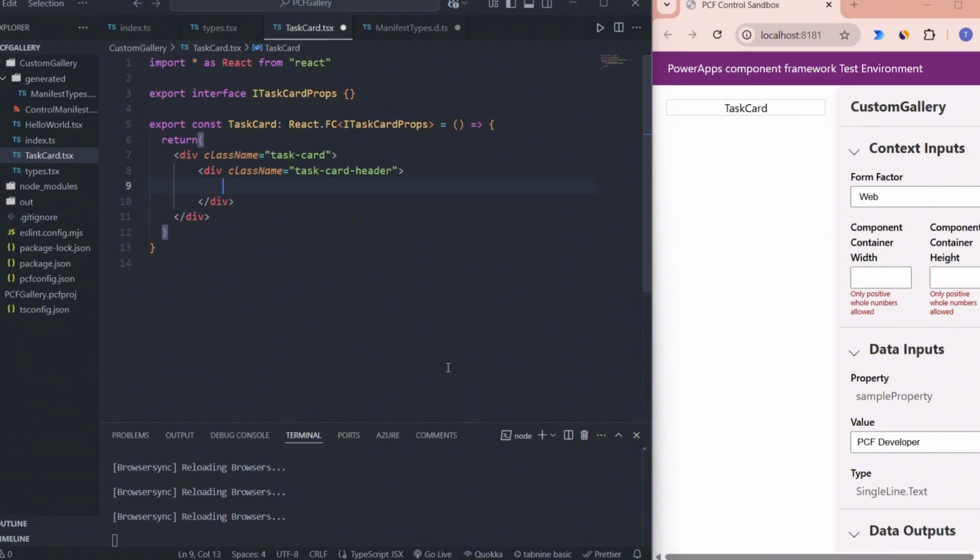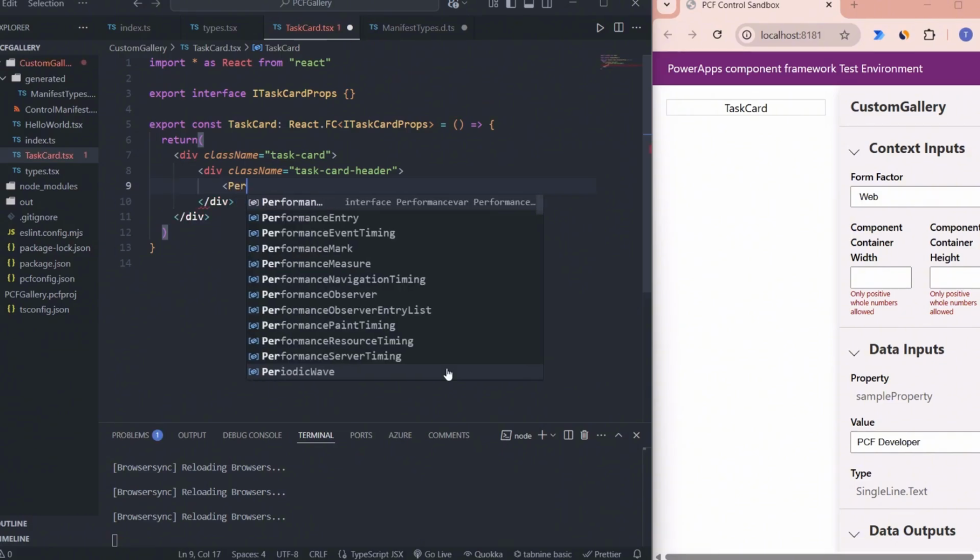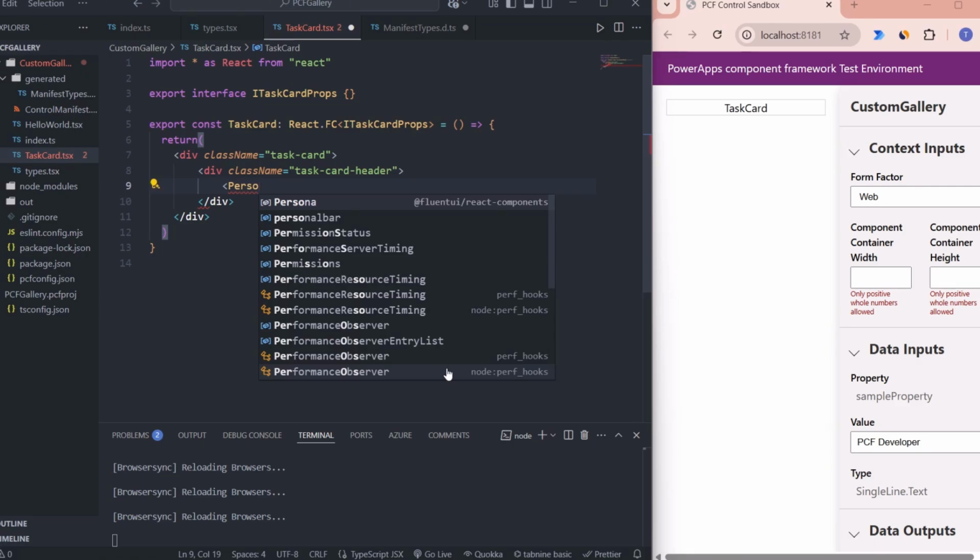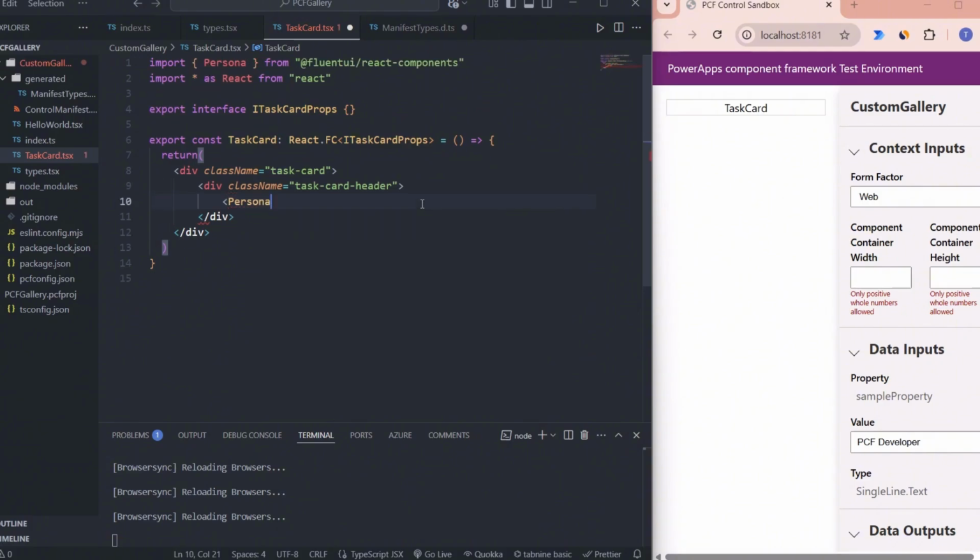Inside this header, I will add the Persona component. The Persona component is a pre-built component imported from